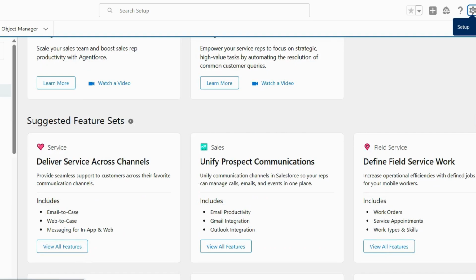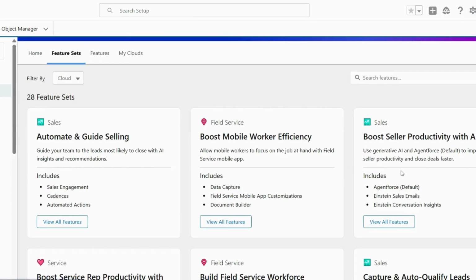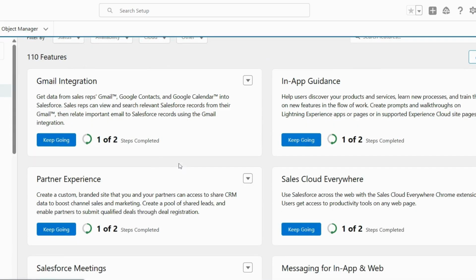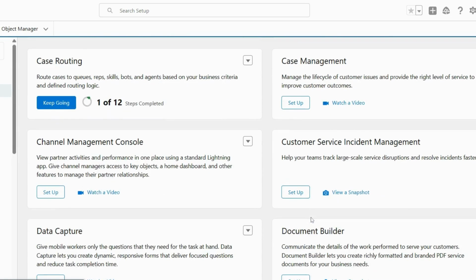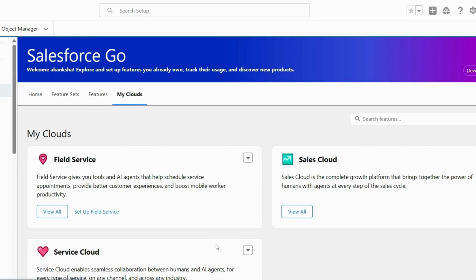We have all the tutorials over here, and then features, whatever feature set, we can filter it by cloud, like which cloud has what features. Then the last option is My Clouds, which clouds I have on my org. So it's the same: Field Service, Sales Cloud.